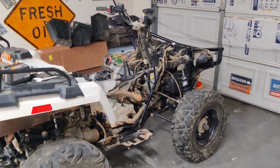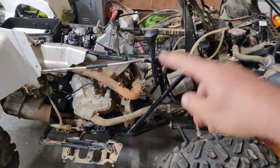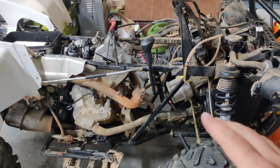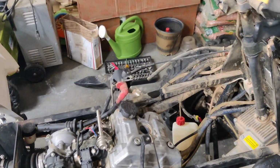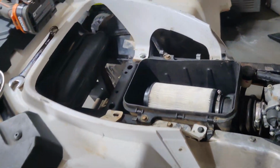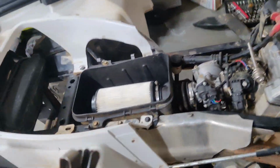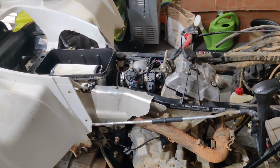Quick update. I took all the plastics off of the rig. I've taken the valve cover off and checked the timing. It is in time, but, and I'll try to show a video of this tomorrow because it's late right now, I was checking clearance for the intake and exhaust. The exhaust is within spec, but the intake clearance for this is